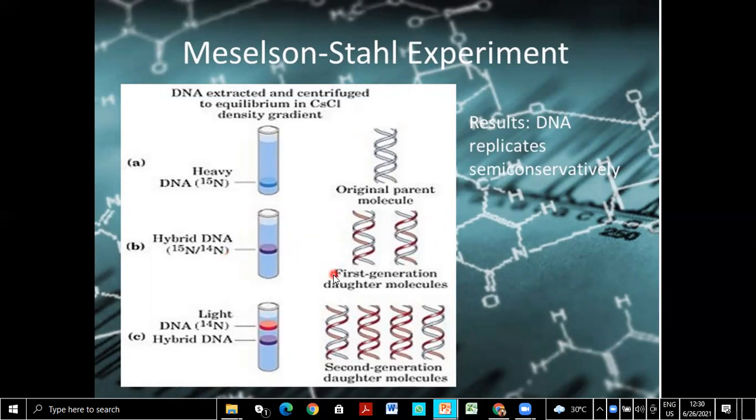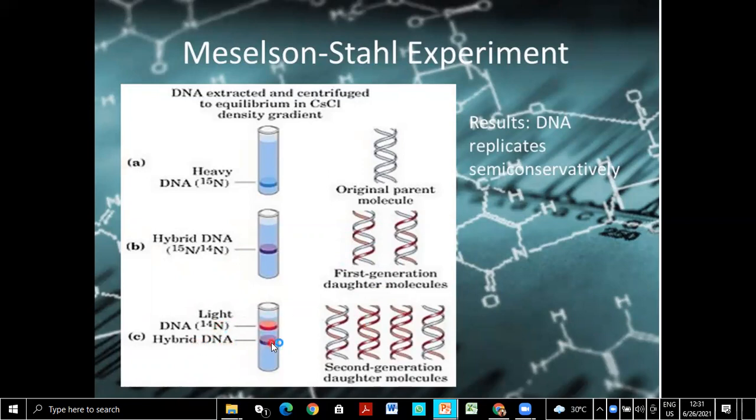Now they are allowed to produce the second generation. I think you remember bacteria reproduce within 20 to 30 minutes, so in 20 to 30 minutes you get the next generation. Then you know what will happen. Both the strands will be separated, and the old one will be N14 or N15, and the new strand will also be N14. So in the second generation, N15 and N14 are there, and N14 and N14 are there.